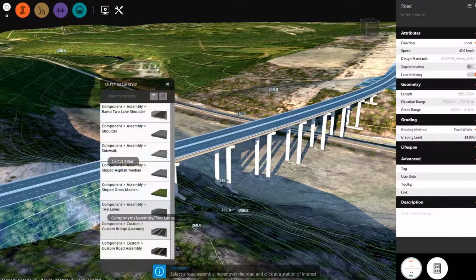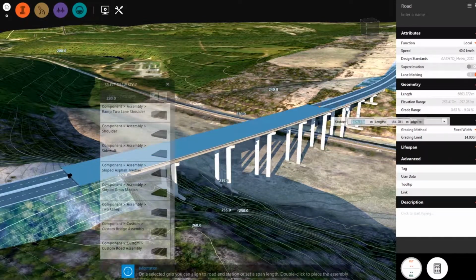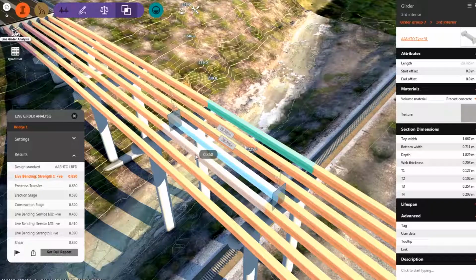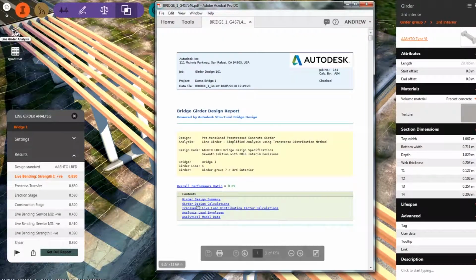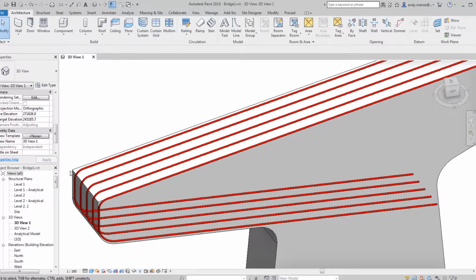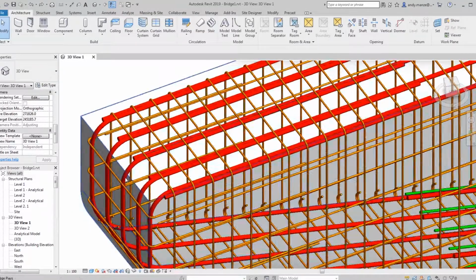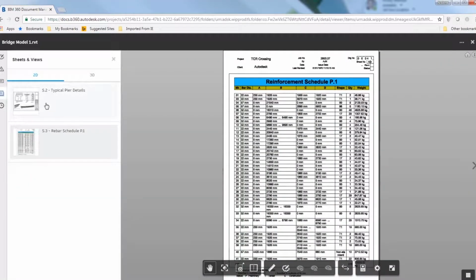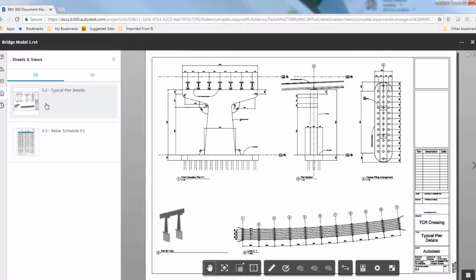In the case of bridge projects, engineers and designers can take the lead and work directly with the model to define the bridge components. Structural engineers can use the final design model to analyze the girders of the superstructure and other bridge structural design in greater detail. Then, the completed model can be used to create detailed documentation for review, bidding, and construction of the bridge and